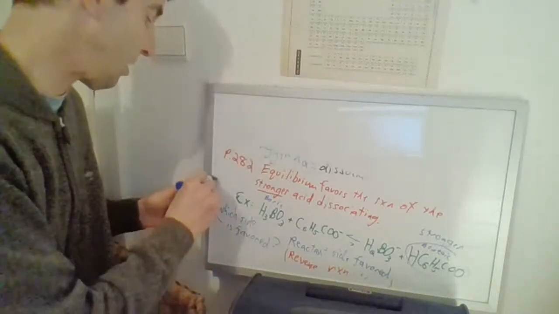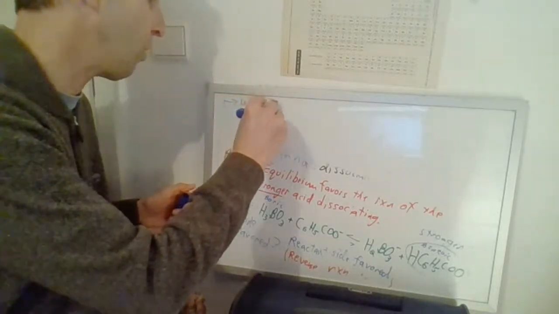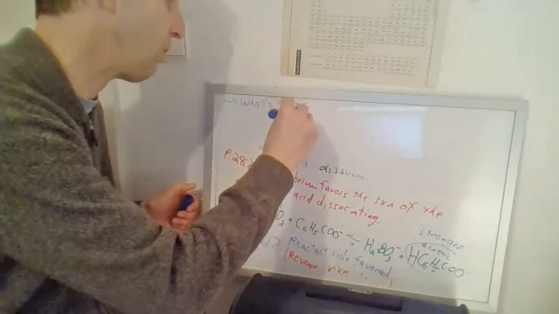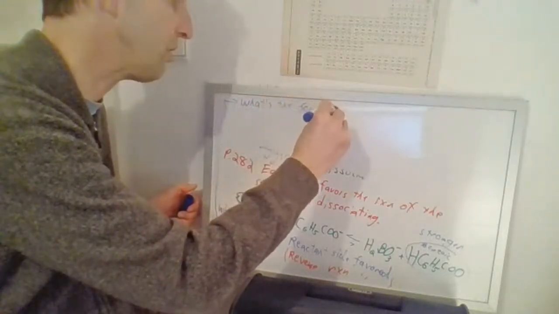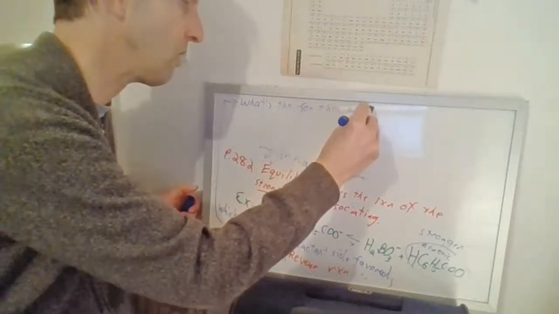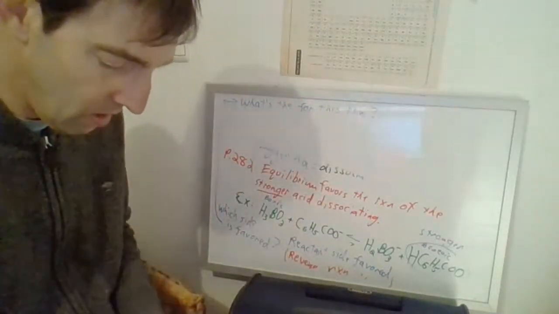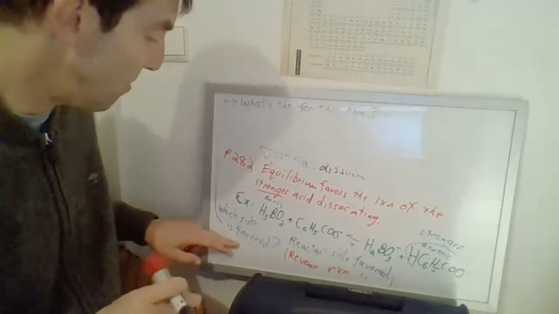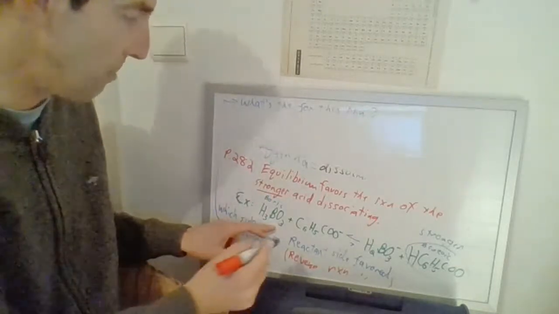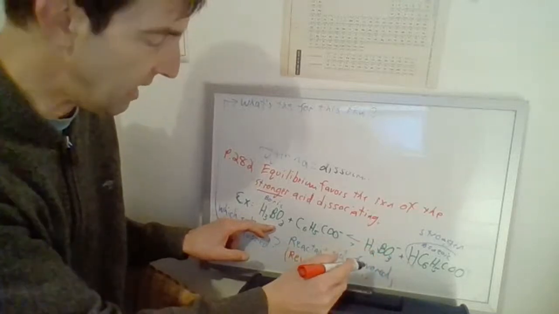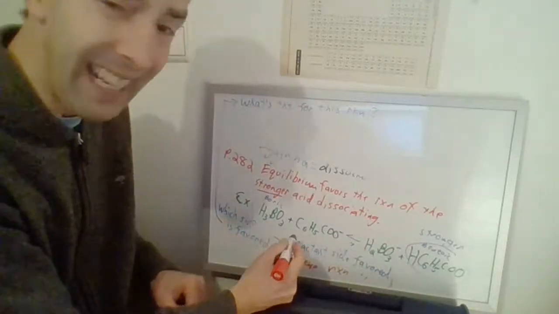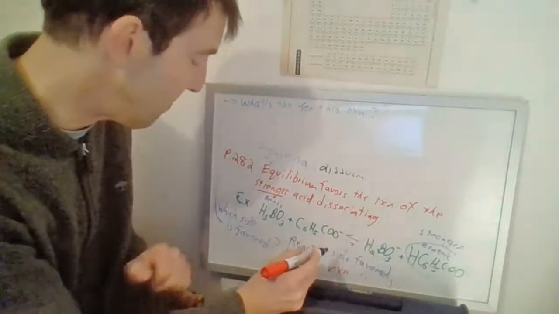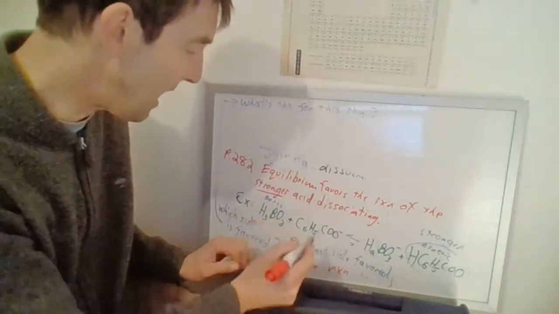I'm going to draw a little arrow, and I'm going to ask you a new question. What's the K for this reaction? You're going to like this, but hang tight with me, okay? Remember, this reaction, the one where I've got boric acid going this way and the benzoic going the other way, but I got it written as boric acid going forward. So what we do is we say the reaction as written,